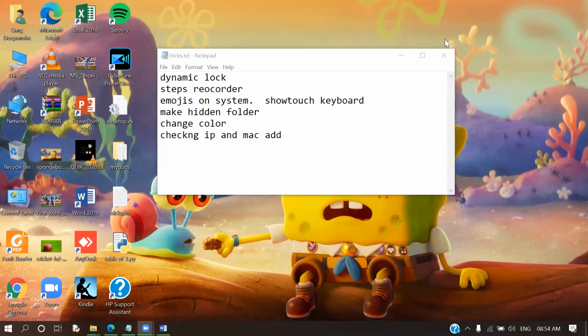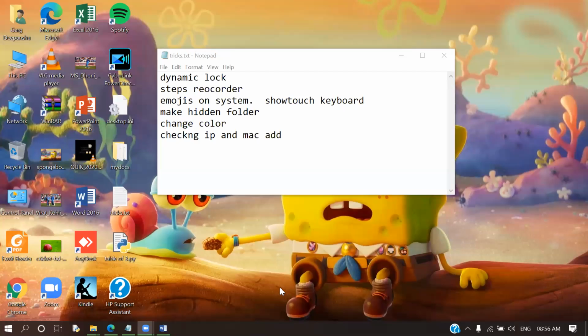Dynamic lock is like, let's say you are working on your system, right? And suddenly your mom calls you and says, "Bhai, do something, go out and buy something." For any reason, you are out of your room, and by chance you forgot to lock your system. You don't want anybody to peek into your system and check out the things in it. So you can enable this feature of dynamic lock. What will happen is, as soon as you move out of your house, it will automatically lock your Windows. How is it going to happen? Just have a look here.